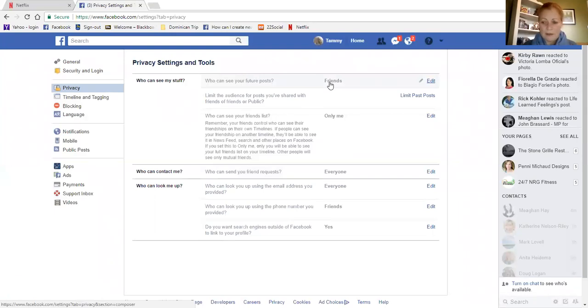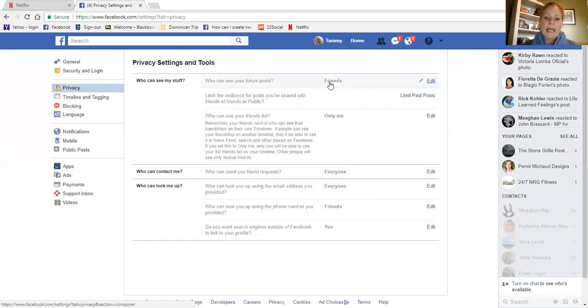Some people choose to have this set to public, so you have to decide, but ultimately, as you're moving forward with your personal timeline and putting statuses out there, you can have certain posts that are set to public. So you can actually change the status to public, but then the next time you do another status, you want to change it back to friends. I do keep mine set to friends and then only change when there is a specific post I want to